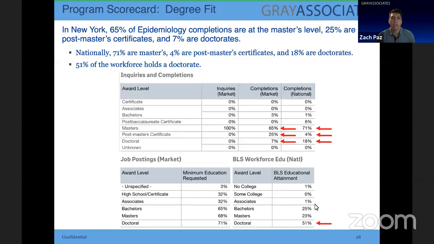So what you can start to understand is first, what we've already gone through is that this is a majority of master's program. It has the opportunity to have large programs, but you'll be competing with some major players in the industry, and you really want to make sure you understand the employment outcomes. If this is a program where students typically are already employed and they're getting specialized in an area for specific reasons, again, the employment data will be less of a factor, but again, you'll want to dig into that information.